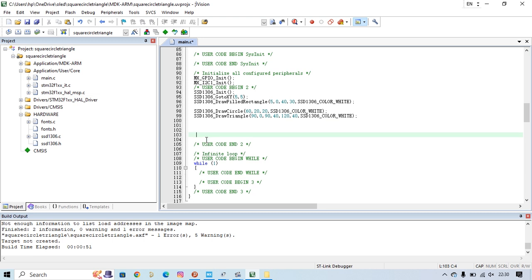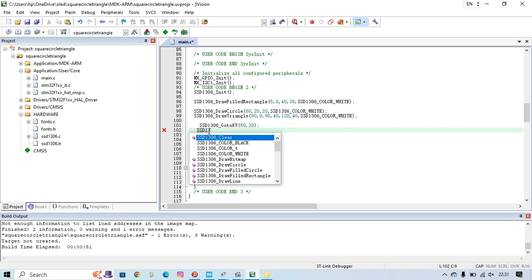And then put this one here, bottom, this one's on 120, 40, on 50, 20, set the SSD1306, and then